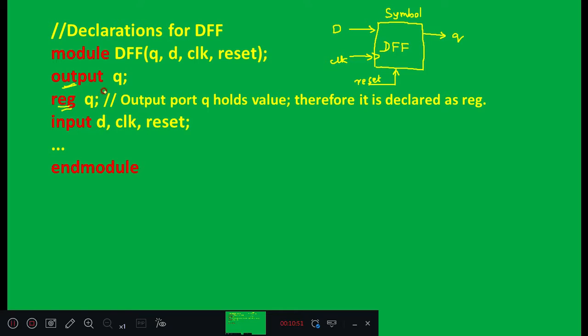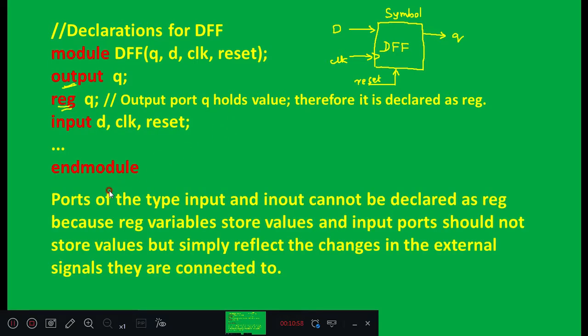It acts as a variable, register Q. Ports of the type input and inout cannot be declared as register, because register variables store values and input ports should not store values. So input and inout ports, we are not defining them as registers, but they simply reflect the changes in the external signals they are connected to.